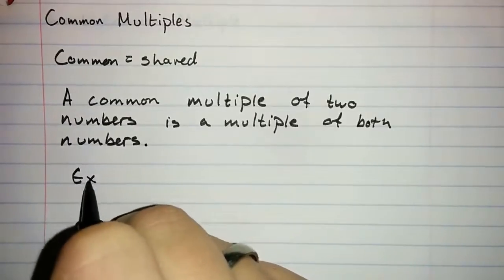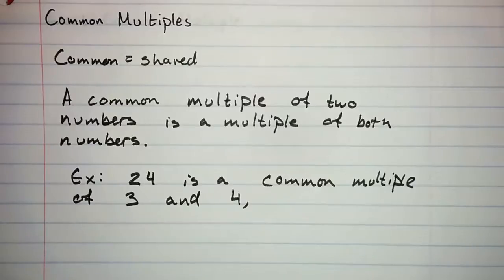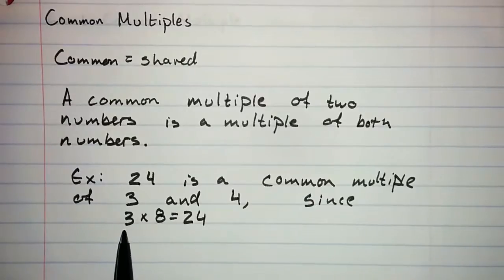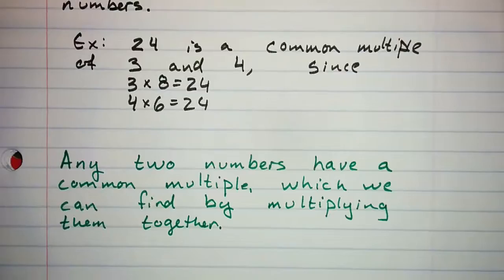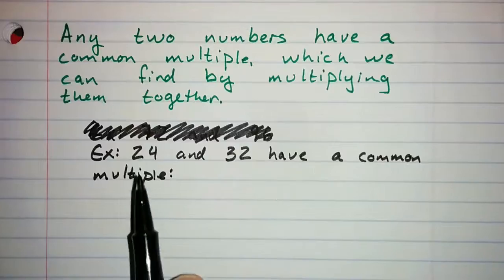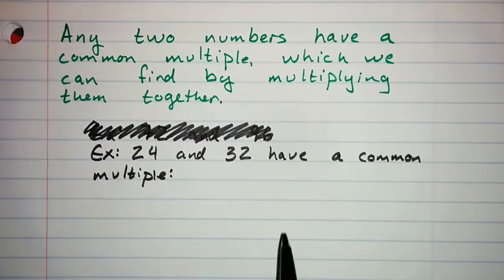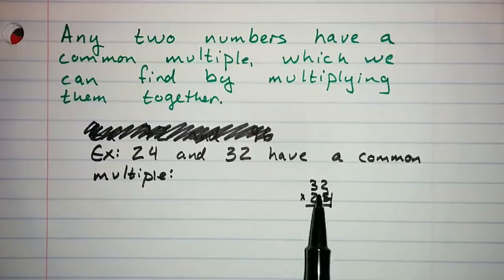For example, 24 is a common multiple of 3 and 4, since 24 is a multiple of 3, and also 24 is a multiple of 4. Now it's important to note that any two numbers will always have a common multiple, which we can find by multiplying them together. For example, 24 and 32 have a common multiple, which we can find by multiplying 32 times